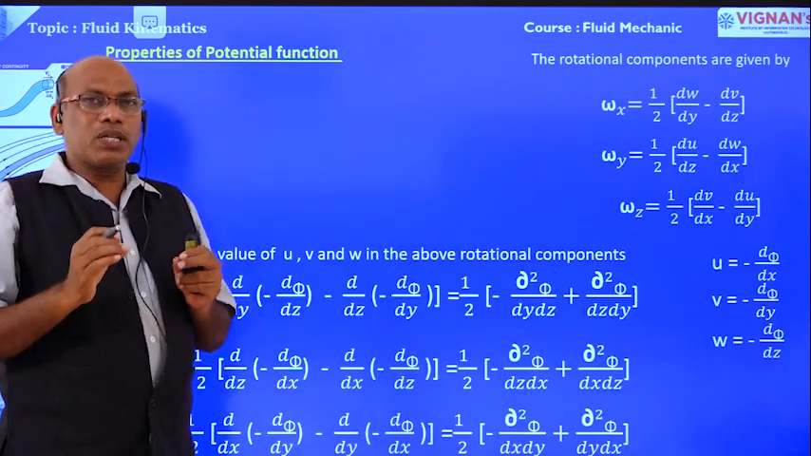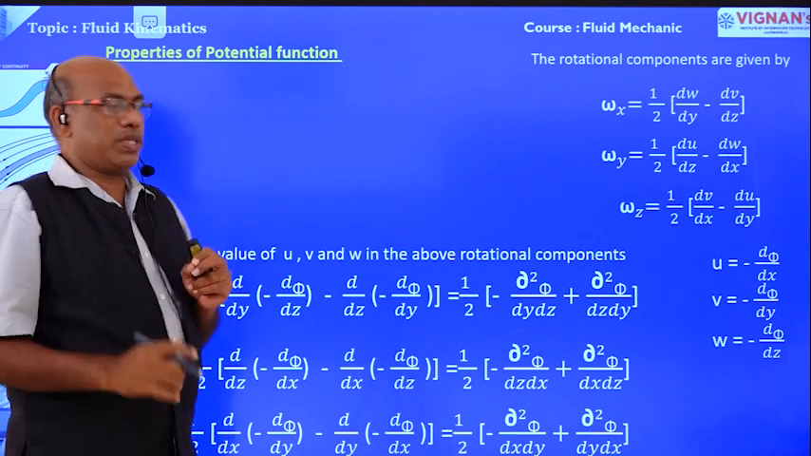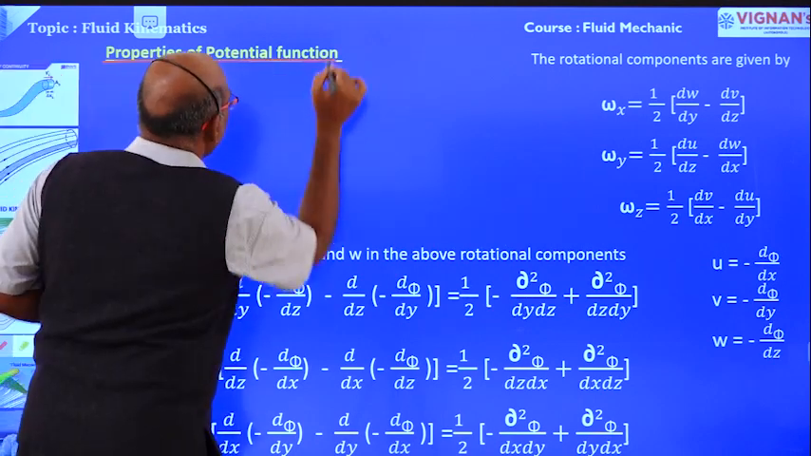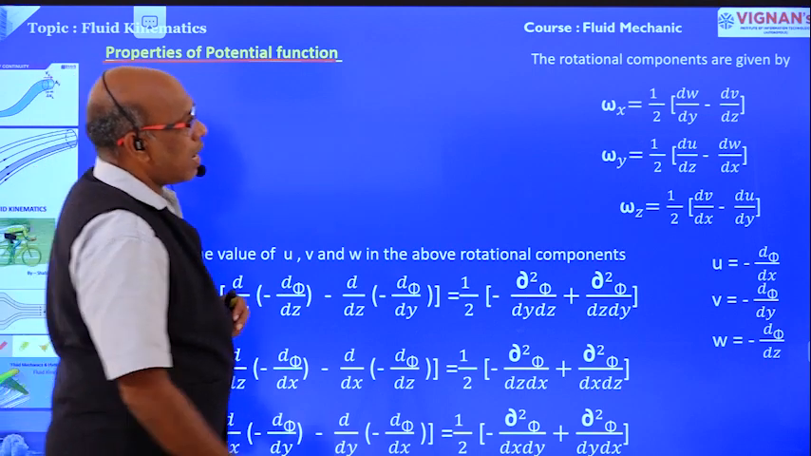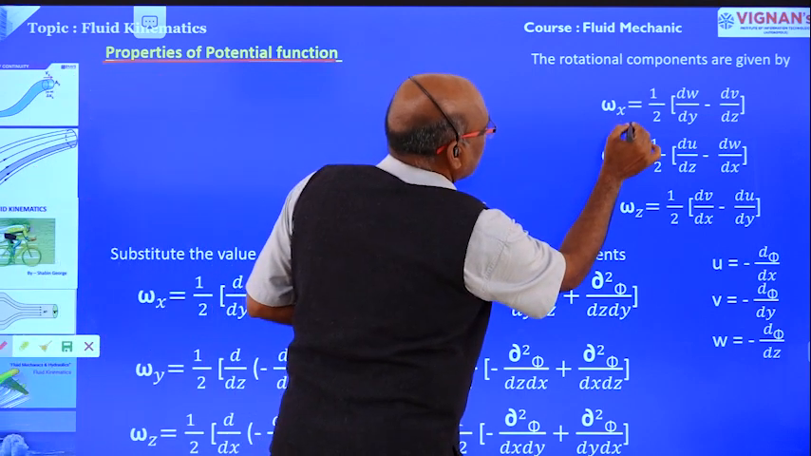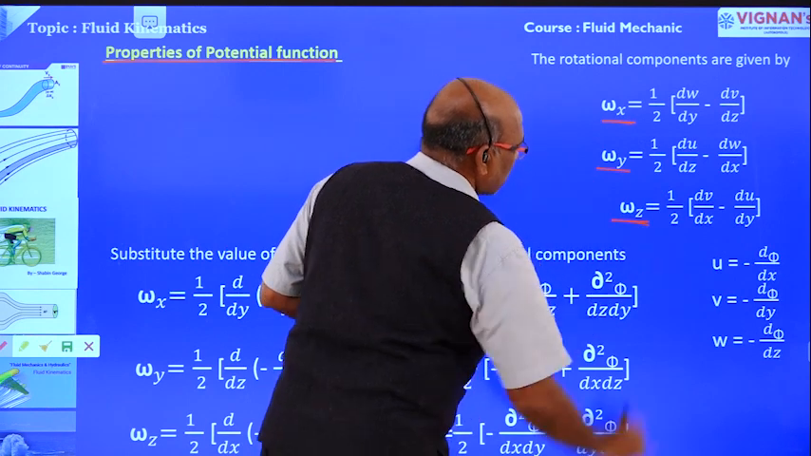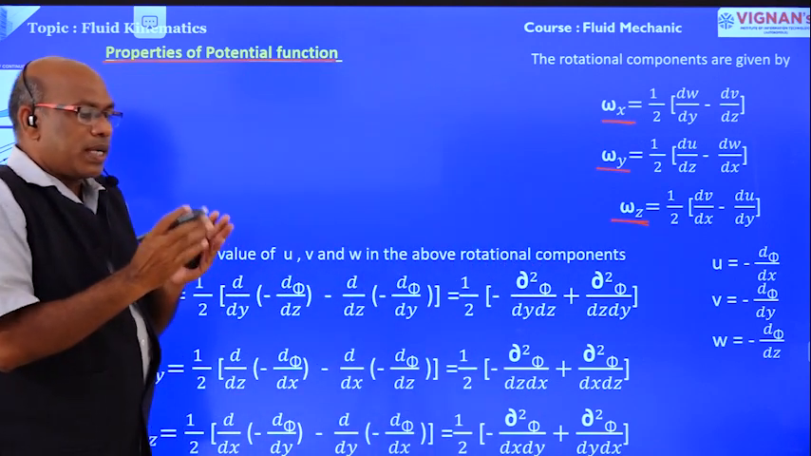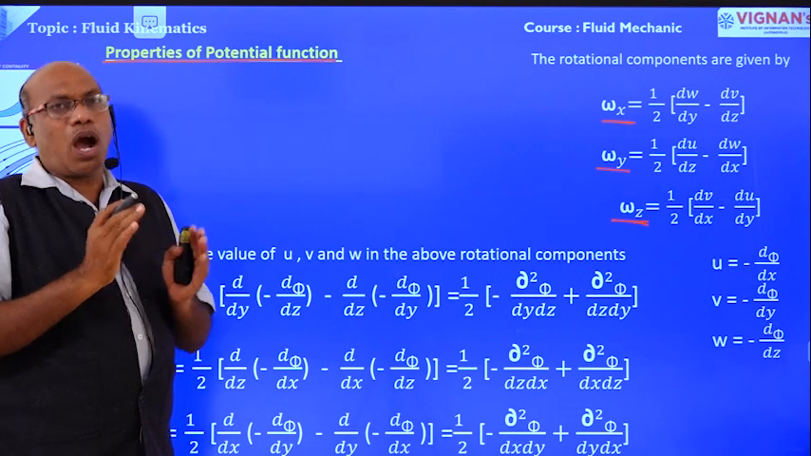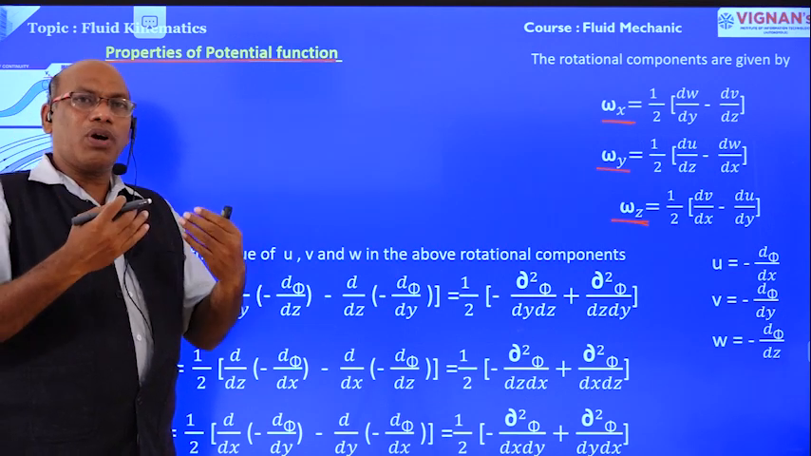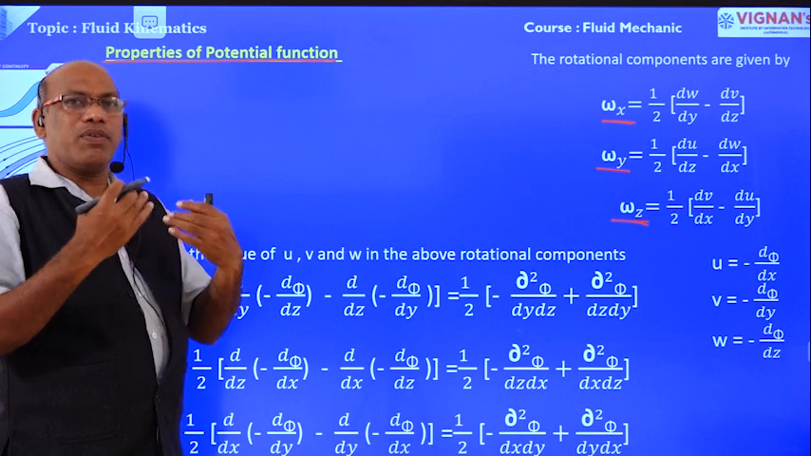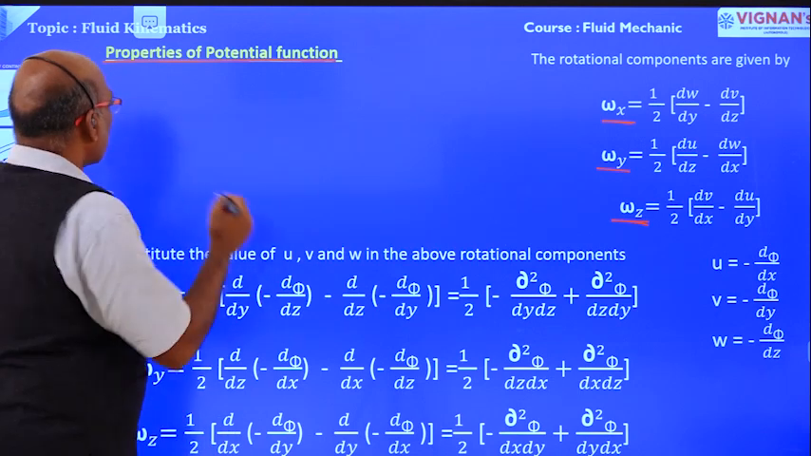Now, properties of the velocity potential function. Here we are going to take the rotational component in x, rotational component in y, rotational component in z. First we are going to take the rotational components. How to derive and write the rotational components, I will give you some hint here. Rotational component